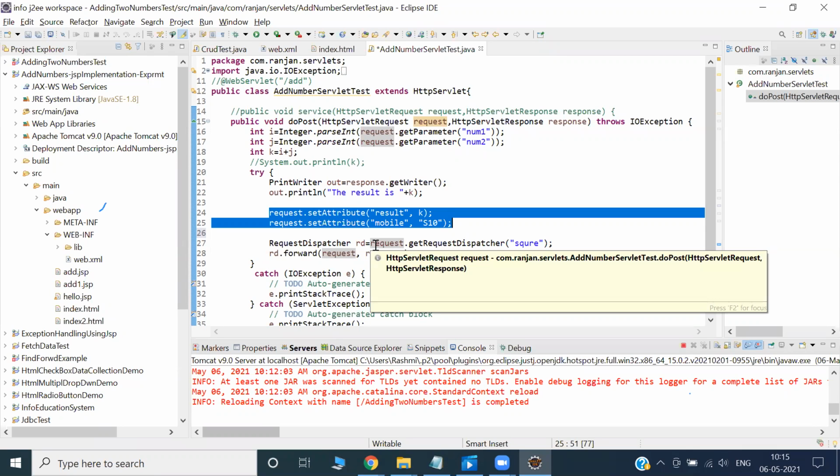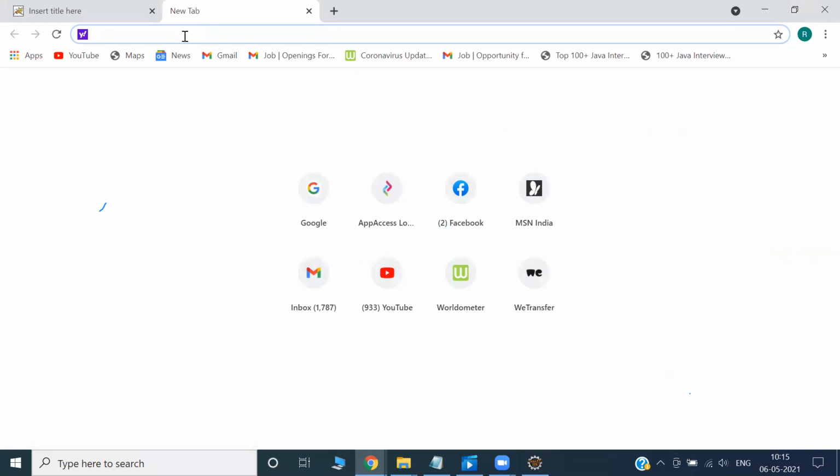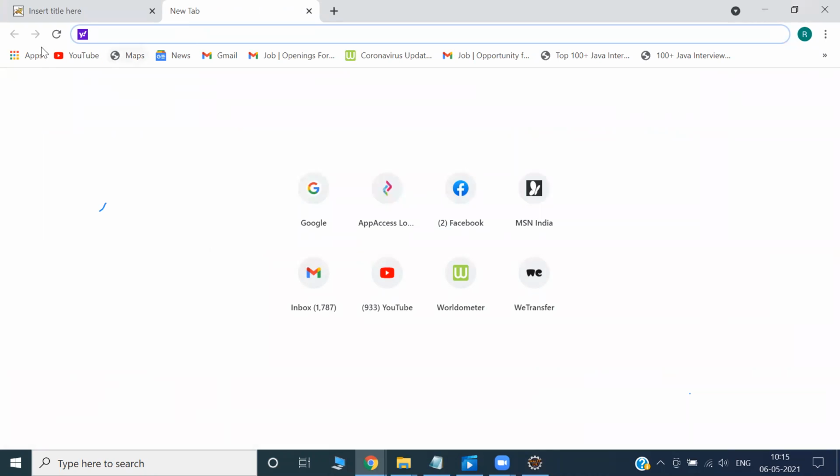Okay, session means that is an interval. In that interval, it can remember so many things. Have you seen in many places, if you go to, let's say, gmail.com or any site, you can click this arrow mark. Can you see this? What is this arrow mark? If you click on it, it will show all the history of the last three or four.